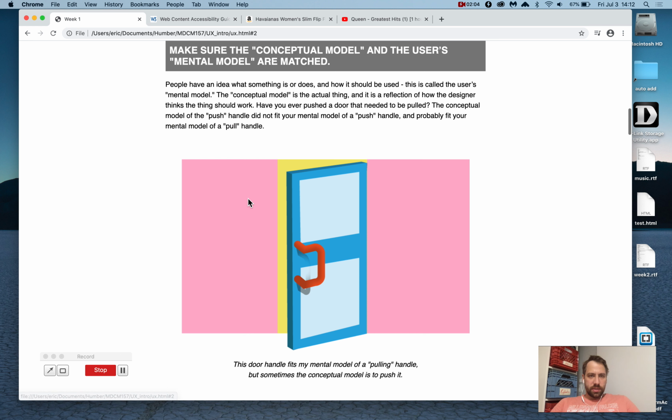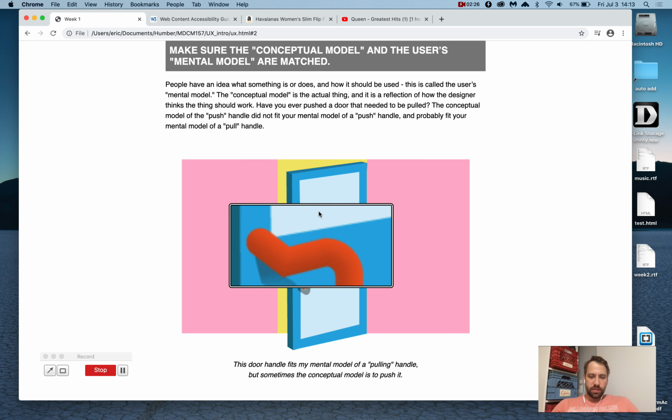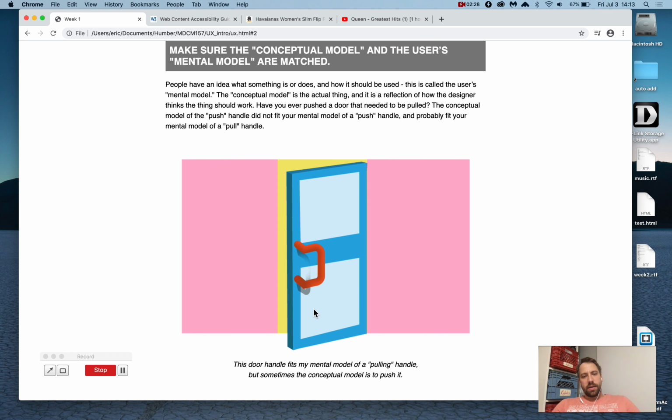The next one is match the conceptual model and the user's mental model. The mental model is how you feel personally in your head that something works. And the conceptual model is what the designer builds. It's what the actual design output ends up being. So you can see this picture here. We've got this handle, and the handle looks like it's for pulling, but if you push it,